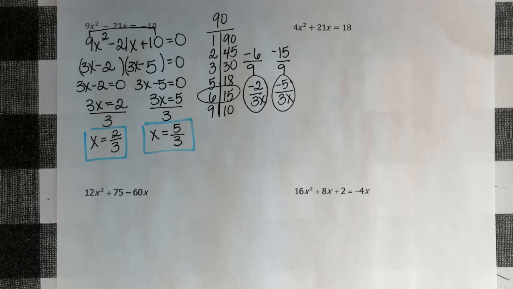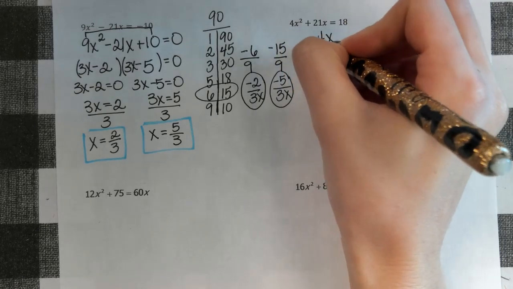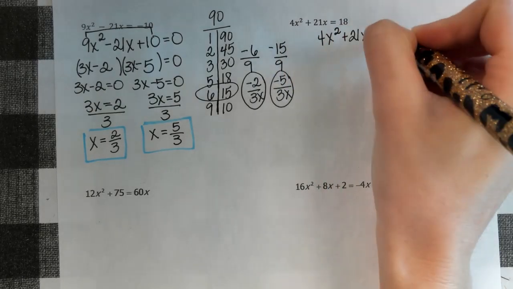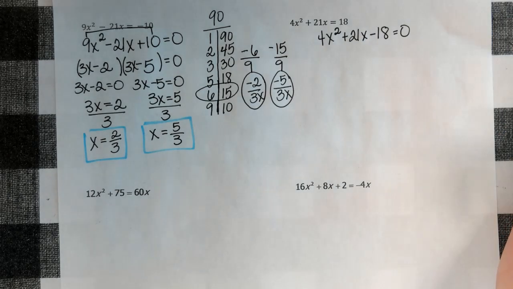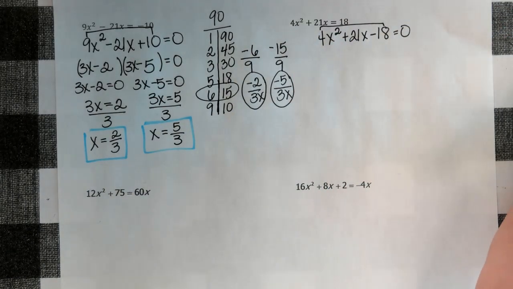Okay, what's my first step? Subtract 18. Subtract 18, so 4x squared plus 21x minus 18 equals 0. Do I have a GCF? No, so what do I do? Factor. Okay, 4 times negative 18 gives me,